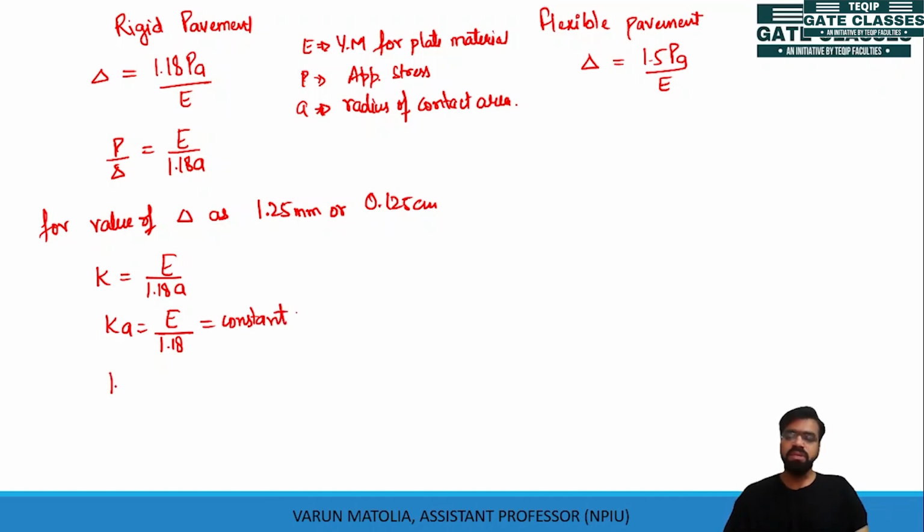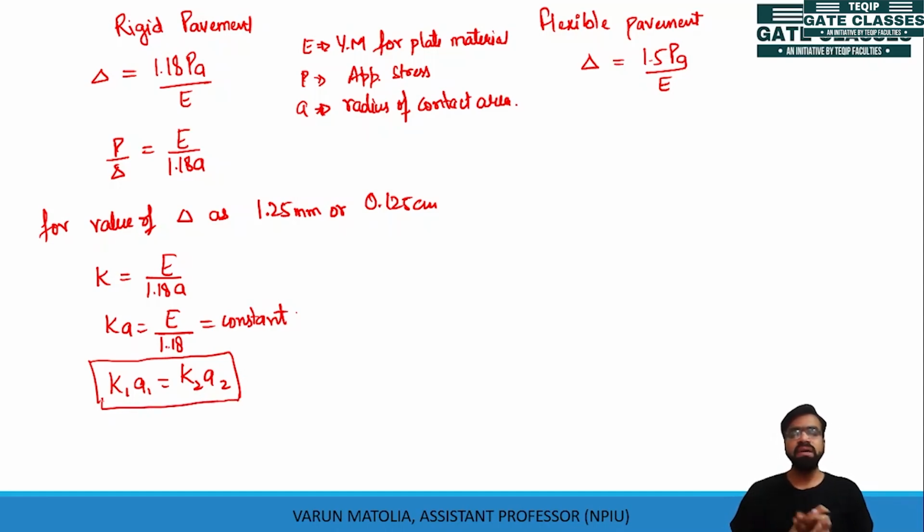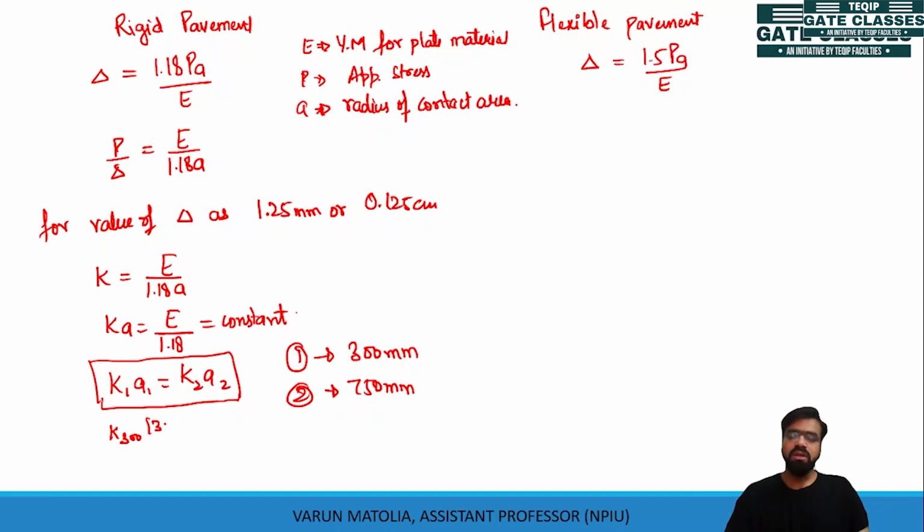So we can write this equation as K1 A1 is equal to K2 A2. With this relationship, we can generate the relationship between the K value of different diameter plates. If we say 1 is for 300 dia and 2 is for 750 dia, we can write this relationship as K 300, A is your 300,